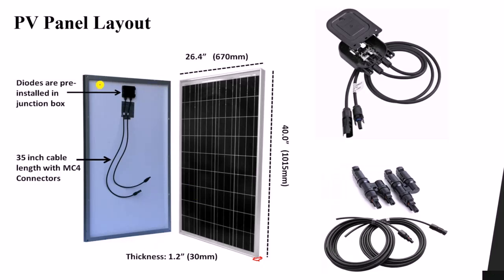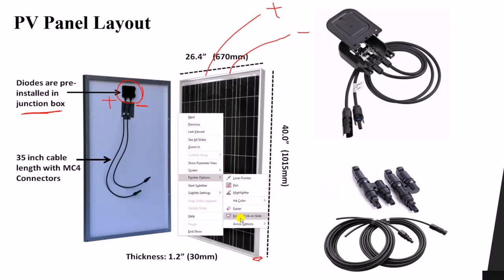Now if you look behind at the back of the PV panel, you will find here a box. This box is known as the junction box. Now what does it contain? It contains the positive and negative terminals of the panel. If you remember, any PV panel has two terminals, positive and negative. We have the two terminals which are used to connect to another panel or to take the output power.